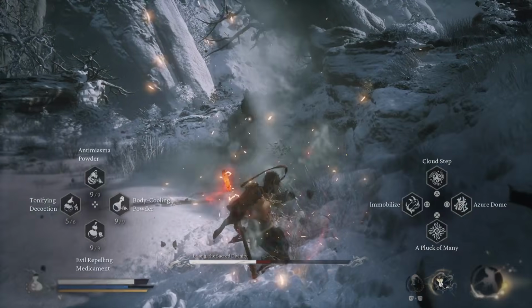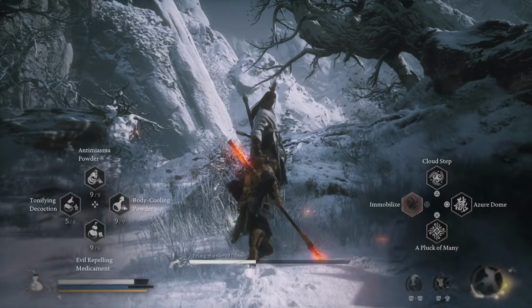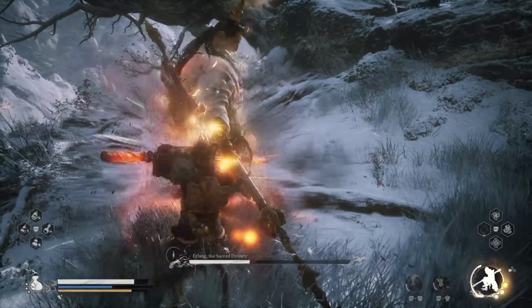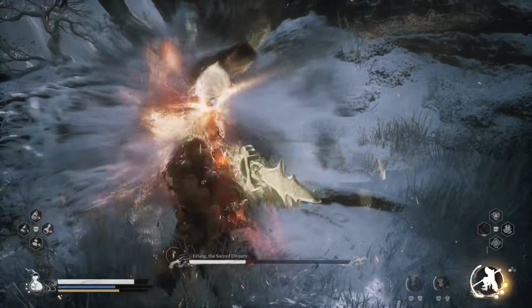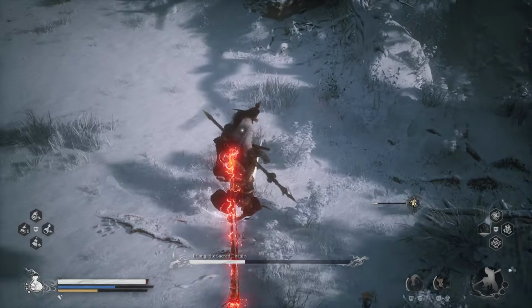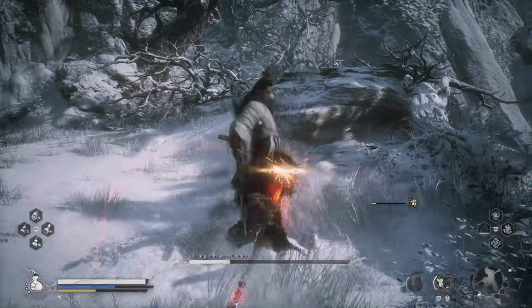Just hold R2 and be ready to use that Wandering Wight. Push forward and use the Wandering Wight and it will hit every time. So again, staff spin, and you can see that my Wandering Wight and my fan are again regenerating. It's almost ready, and you can hit him with a heavy attack, and again he will go into the final